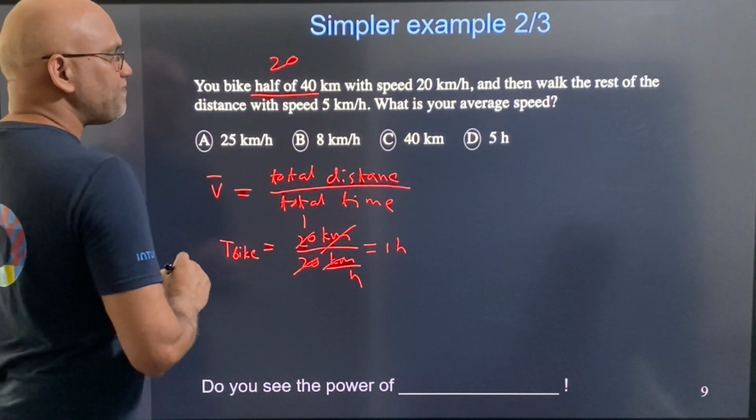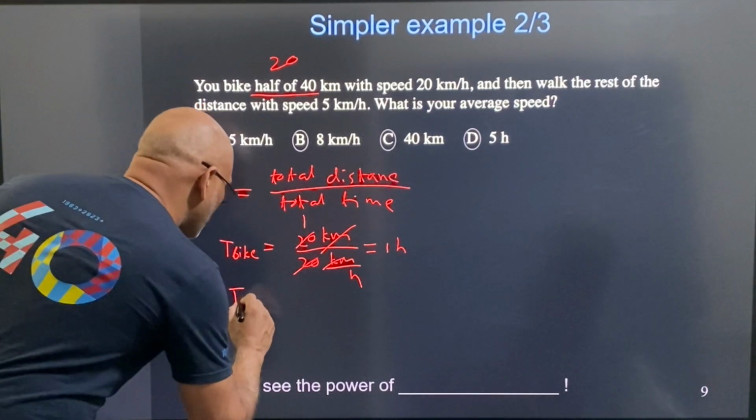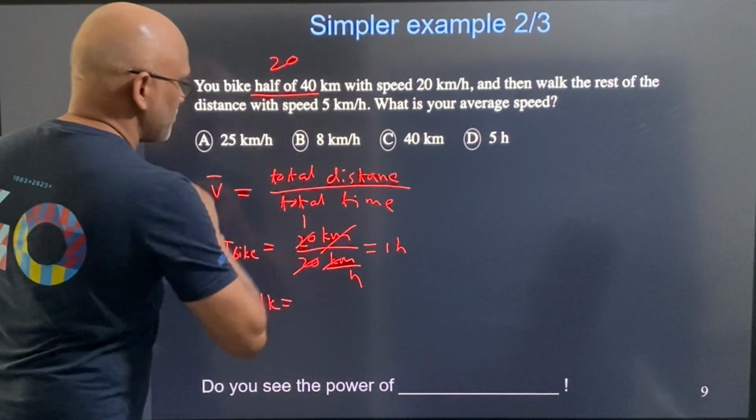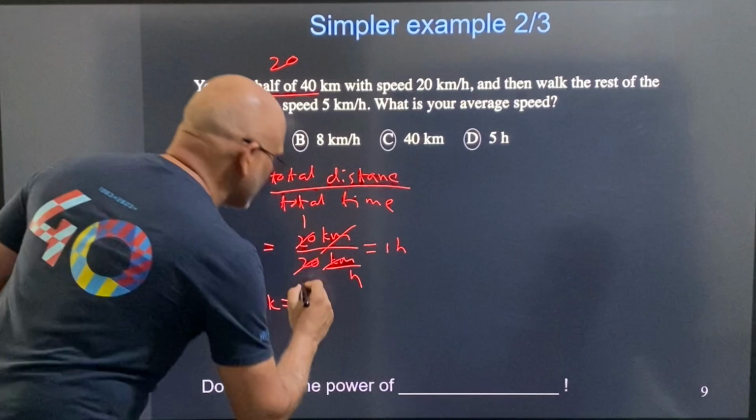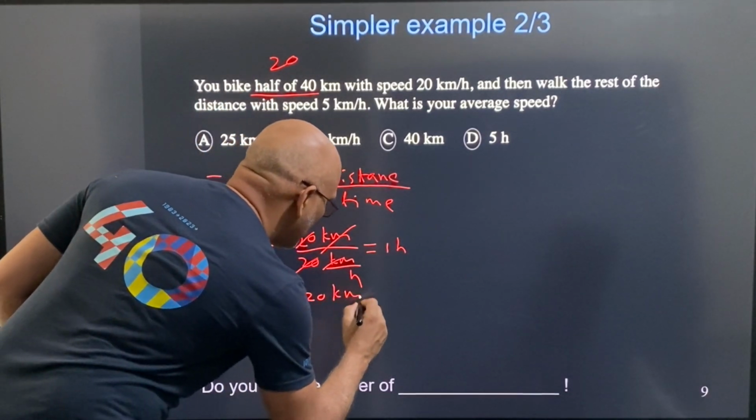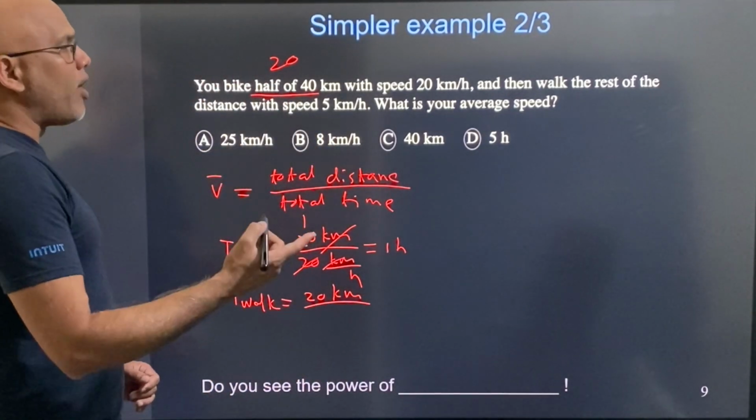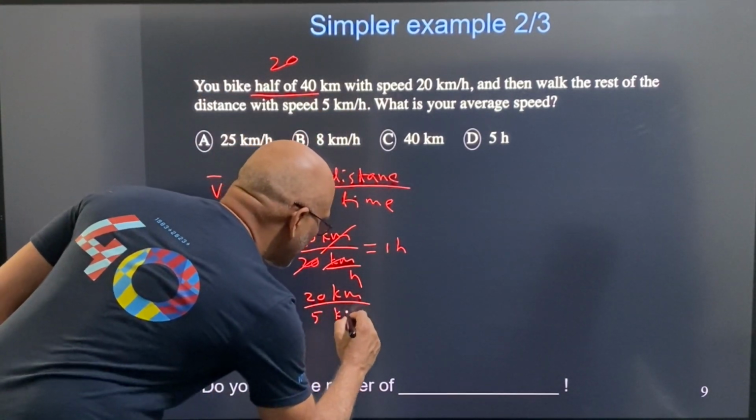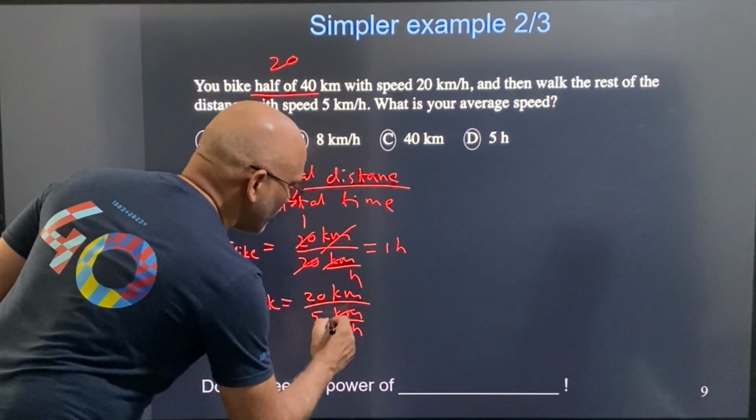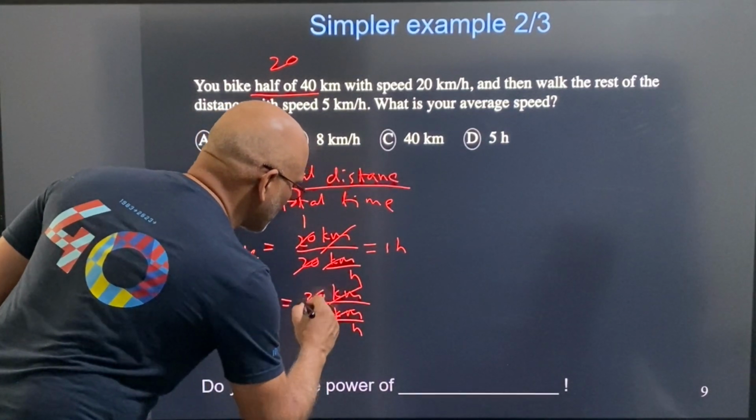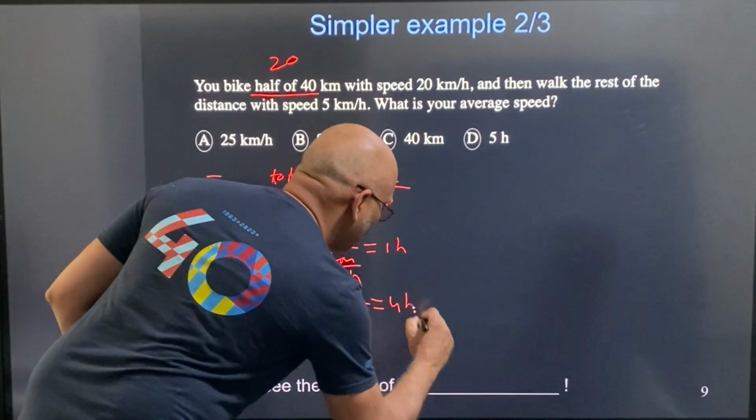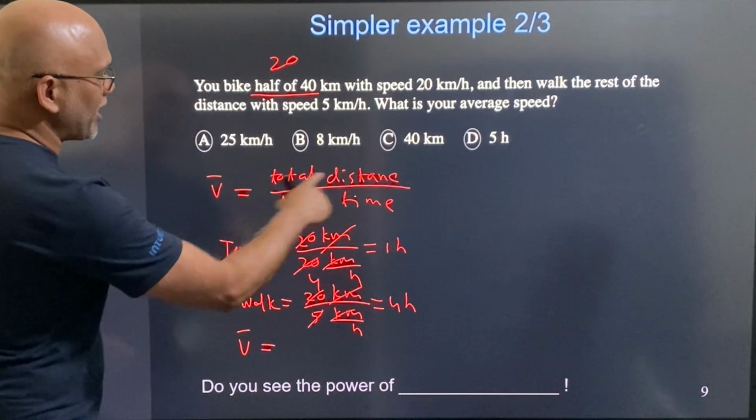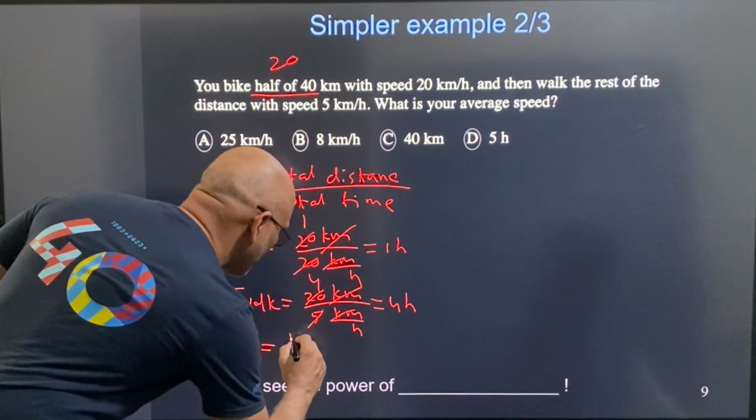Similarly, time taken for walking, so T walk is going to be the rest of the distance, which is 20 kilometers again. I'm going that by walking, and I'm walking at 5 kilometers per hour. So kilometer cancels, and this is going to be 4 hours. So then average speed is total distance, that I know is 40 kilometers,